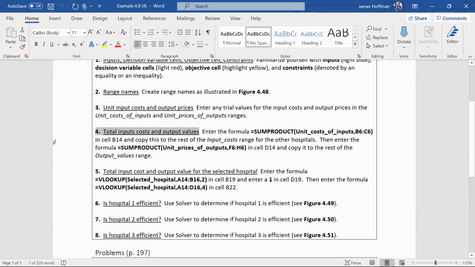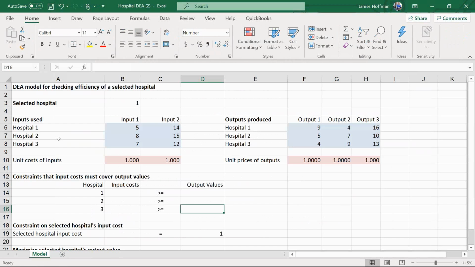Alright, step 4 is to put this sumproduct formula into cell B14. So go to cell B14 and put in this formula. We didn't define the range names because I think it makes the next problem a little easier to not redefine them. So just put this formula in B14, equals